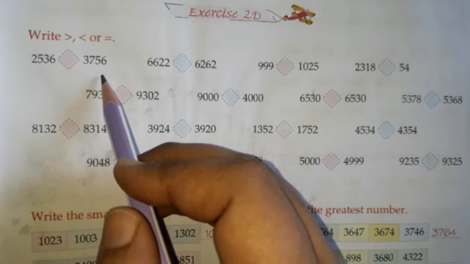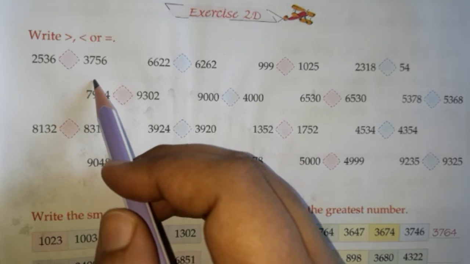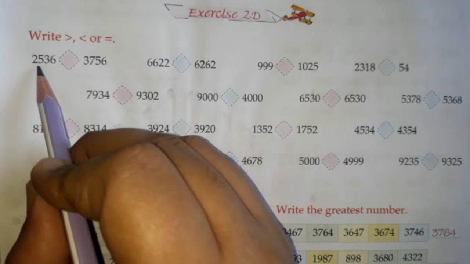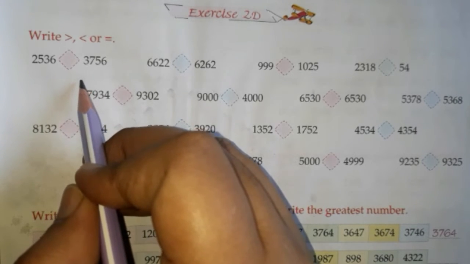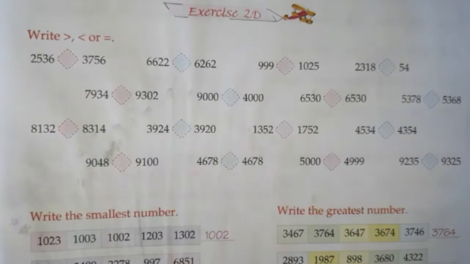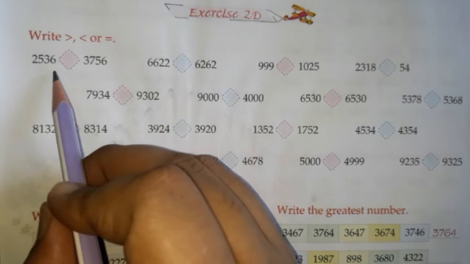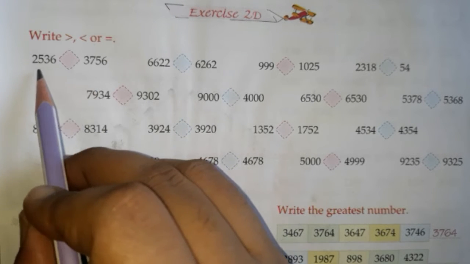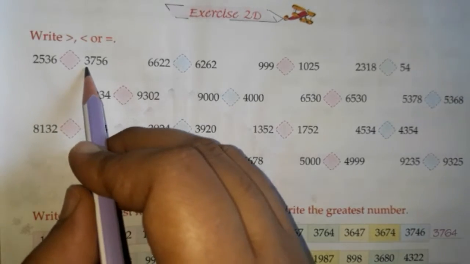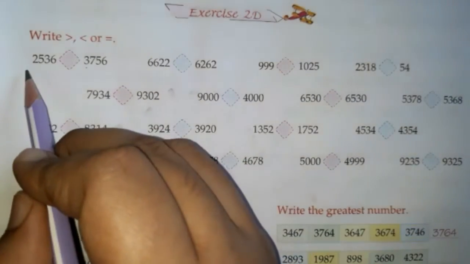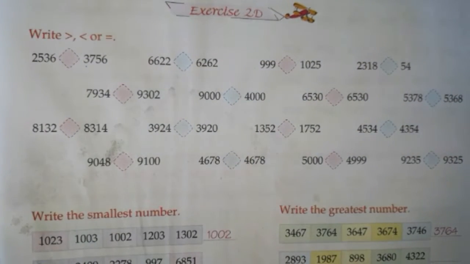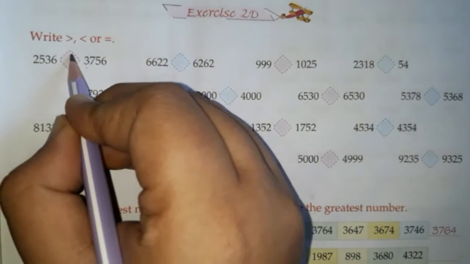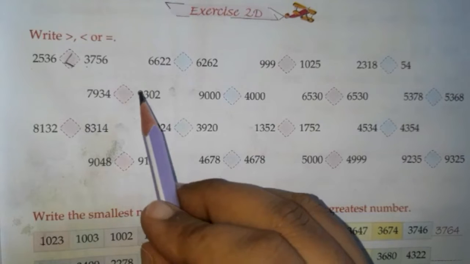3756. So for comparing these numbers, if we get confused, one rule says just look at the first digit, just look at the thousandth digit. If the number of digits are same, then look at the last digit. We'll compare with the digit on the thousandth place. It is 3 on the thousandth place and it is 2 on the thousandth place. Which one is greater? Always 3 is the greater. So the greatest number will be which is starting from 3. Next is